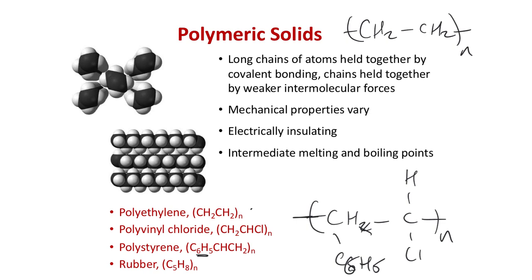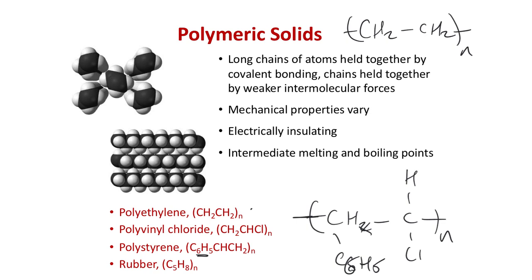And then a rubber structure is like a C5H8 group being replicated ad nauseum through the structure. So polymers are long chains of atoms held together through covalent bonds. And then the different strands of a polymer, if you imagine polyethylene where we have a long chain of hydrocarbons,